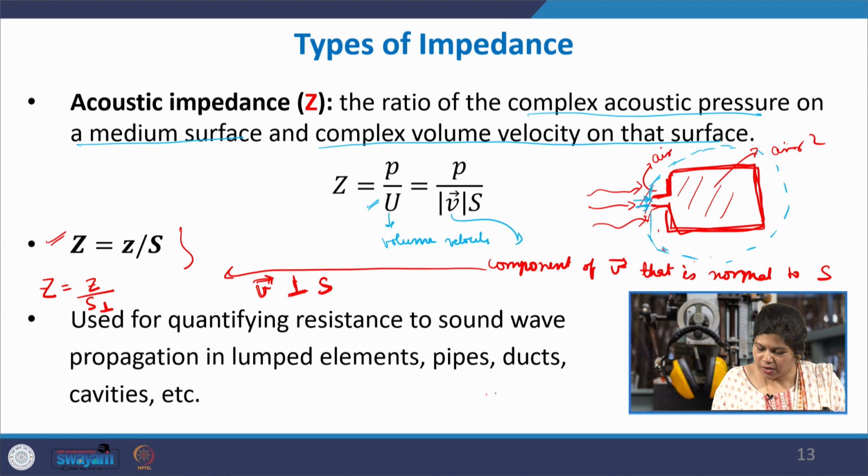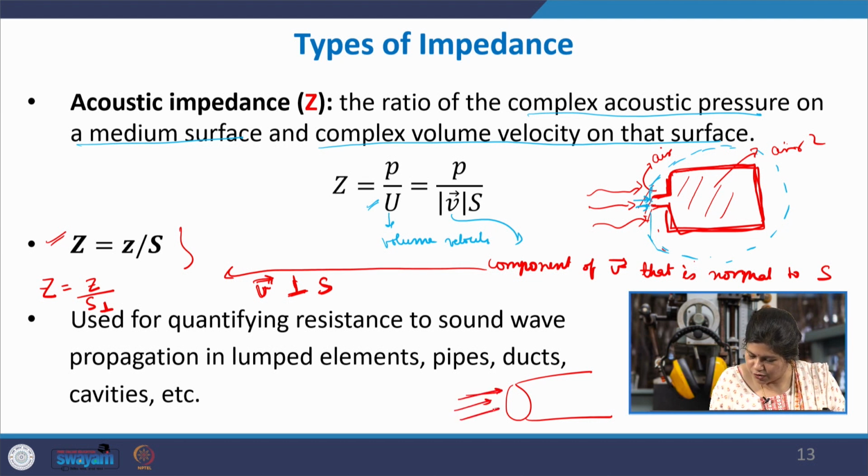So, suppose this is some structure through which it has to flow, and the sound wave is incident, let us say, along this direction. So, you take the equivalent surface area in the direction of the wave propagation. S perpendicular means the surface area where this V becomes perpendicular. So, instead of taking this surface area, you would take something which is like this in this particular tube.